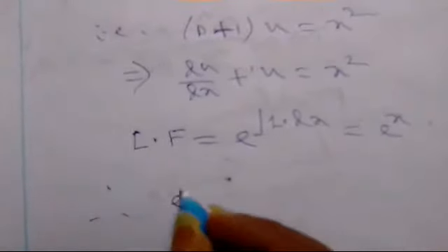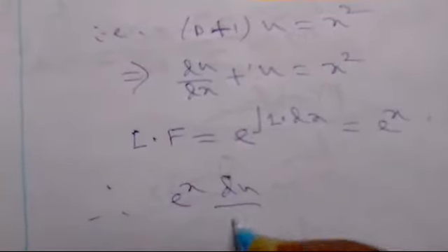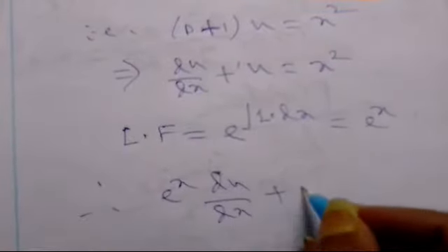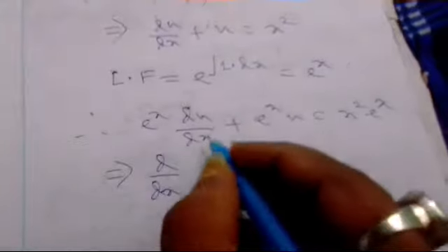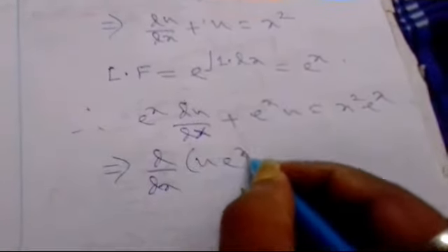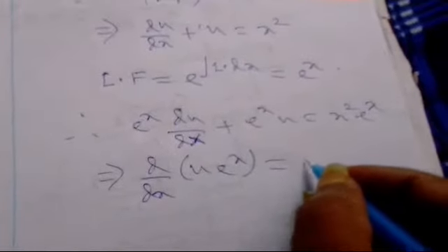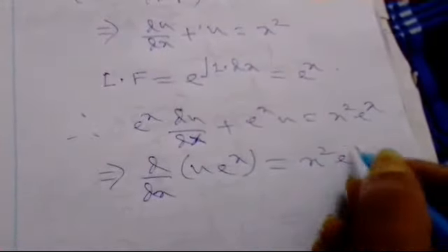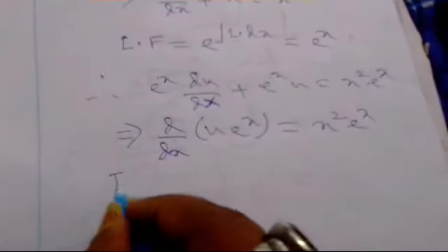So it's clear that's e to the power x. If we multiply this by e to the power x, then e to the power x dx du dx plus e to the power x u is equal to x square e to the power x, and it will convert to d/dx of u into e to the power x, that will be x square into e to the power x, and integrating